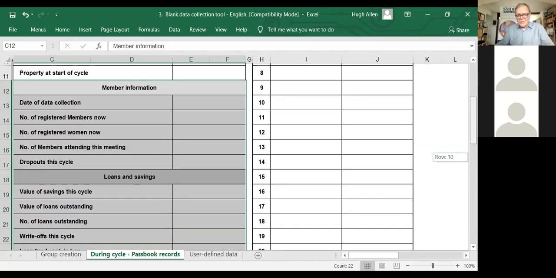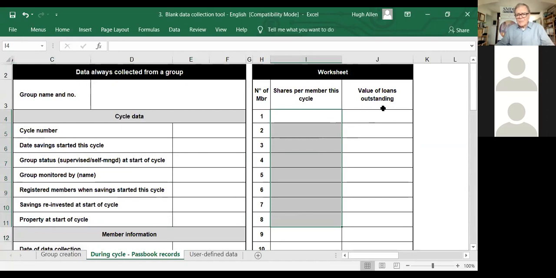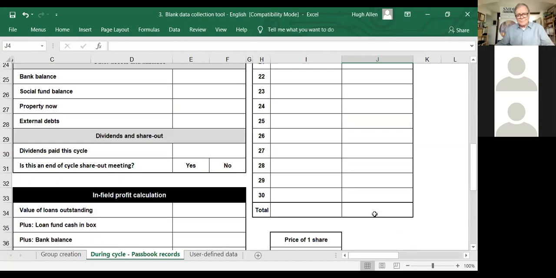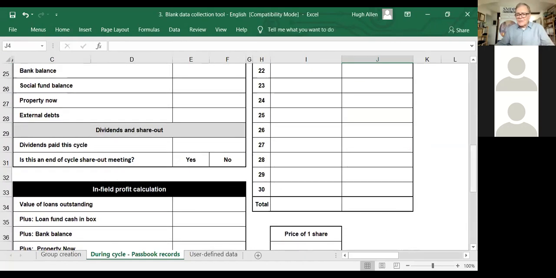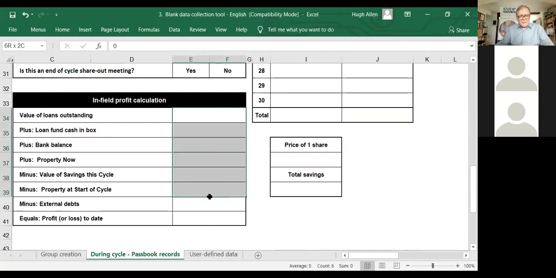And we said that you have a worksheet on the side here, which allows you to know how many shares people have bought and what is the value of their loans outstanding. And then we showed you this table here, which said, okay, if you fill this in, you will find out whether the group is making money or losing money. So those were the items that we covered. Now, what I'm going to do today